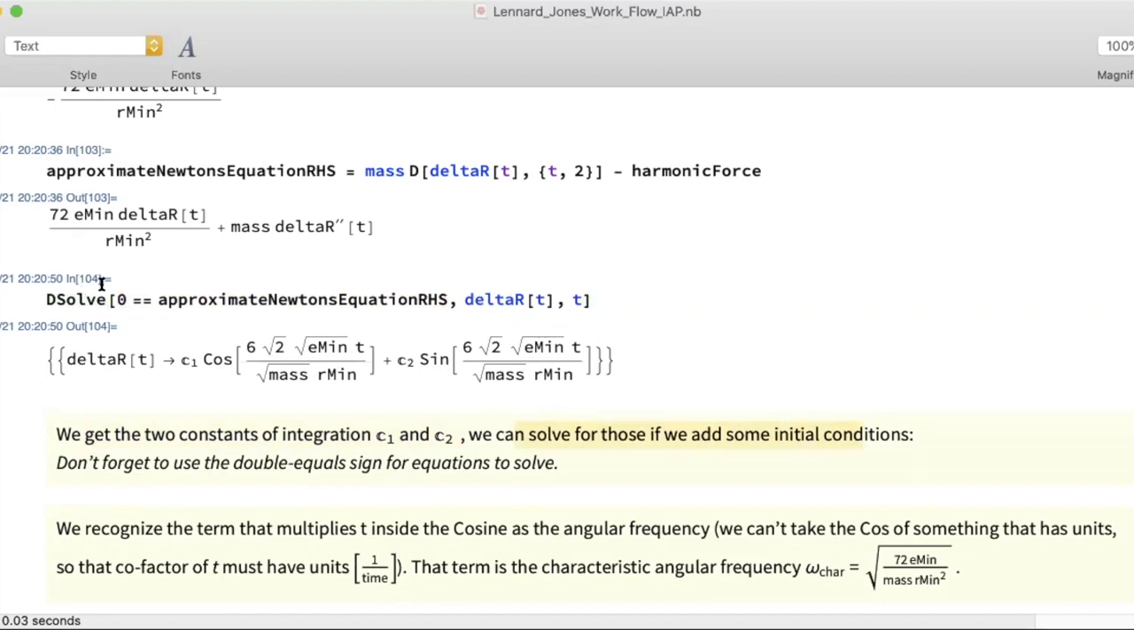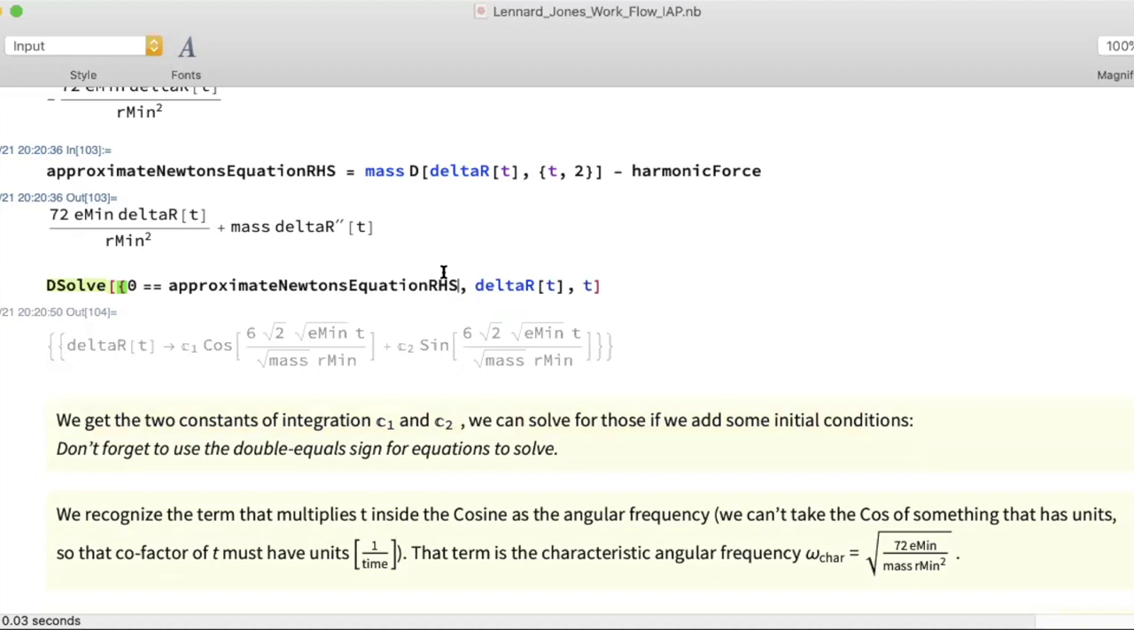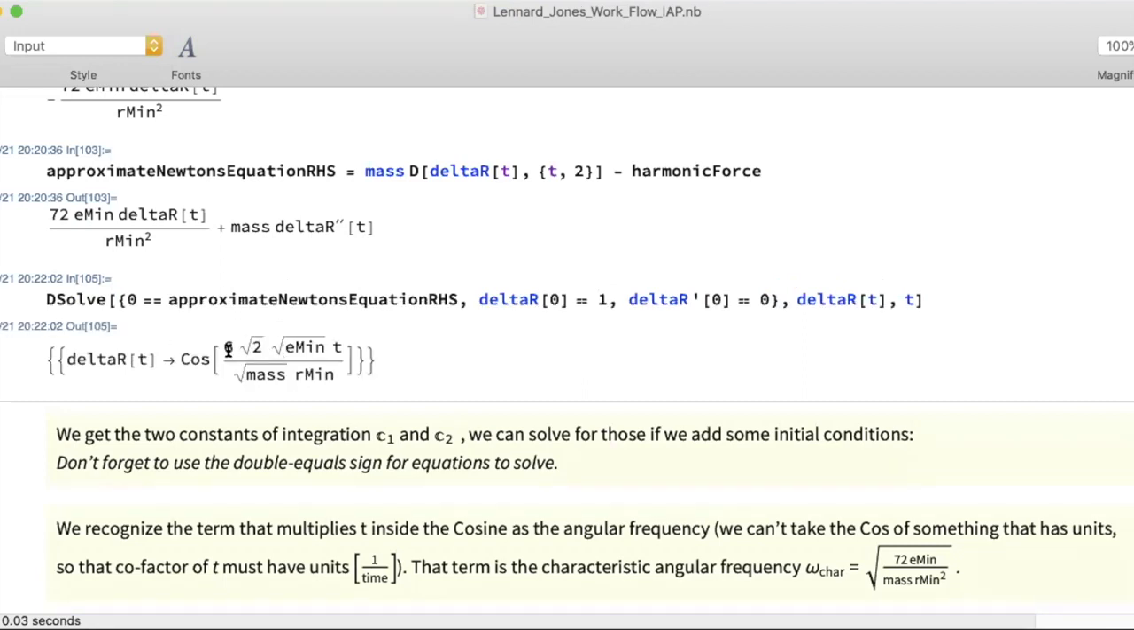So just to prove that, what I'm going to do is add some initial conditions. So I'm going to say delta R of 0 is going to be equal to 1. Don't forget the double equal sign when you do this. Otherwise, you often have to resort to quitting the kernel. At least that turns out to be the most effective way to do it. And then I'm going to say that the derivative of delta R at 0 is equal to 0. So I've got a system with no initial velocity and an initial displacement,